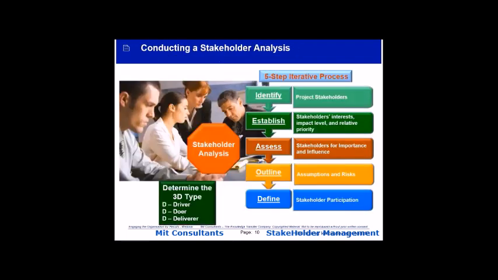our set of stakeholders. So how do we actually know who the stakeholders are? Well, we do a stakeholder analysis. And it's a very simple 5-step process. You identify, you establish who's who, what's what. And as we'll see in the next few slides, you try to determine what kind of importance and influence they have, so that you can then, from the outlining of where they will fit within the project and its assumptions,